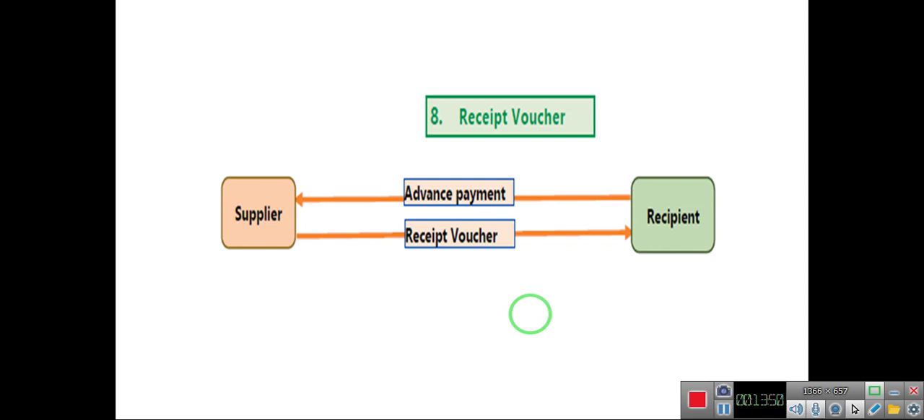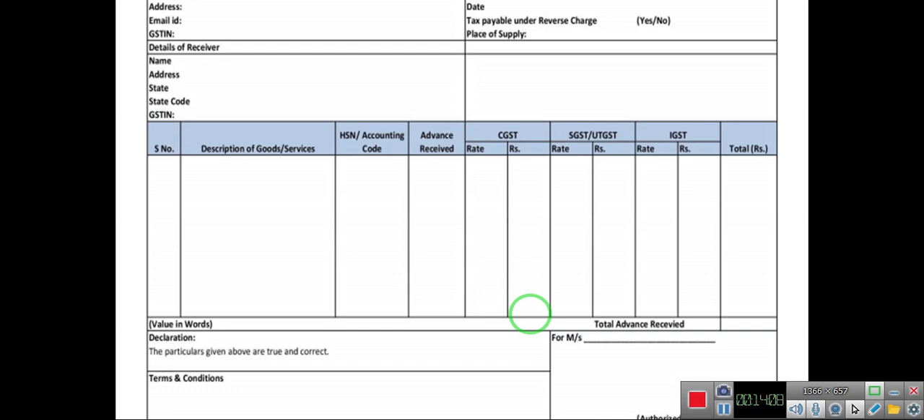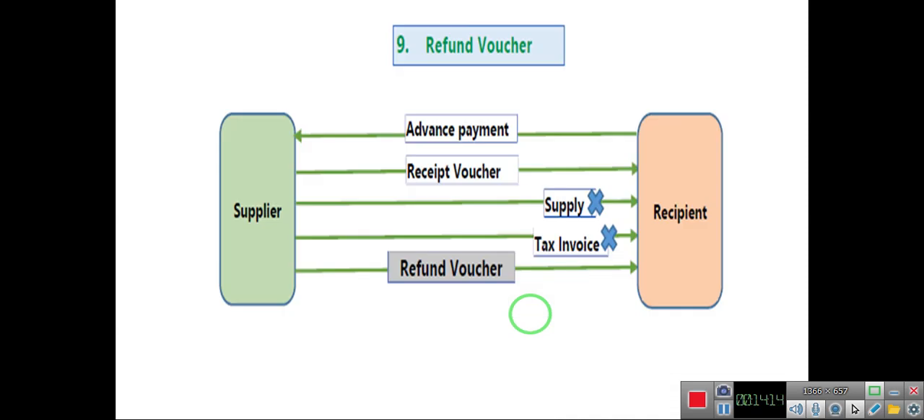The receipt voucher is issued by the supplier to the recipient against the advance payment made. In case of advance payment, the supplier does not issue a tax invoice. He issues a receipt voucher. The format of receipt voucher is again the same as tax invoice. The refund voucher,